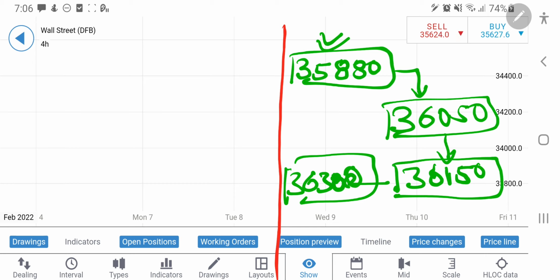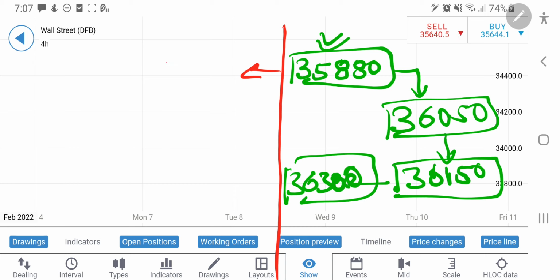I am repeating it again, and since morning it has failed to break this level. And you can remember, I have told you this morning also, one can remain short till the time it remains below 35,880. Now it is trading with almost a 200 points drop. So I hope you all have profited. But yes, one can go short till the time it remains below 35,880,